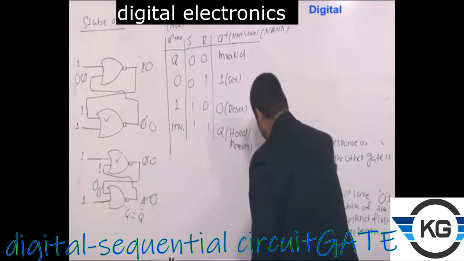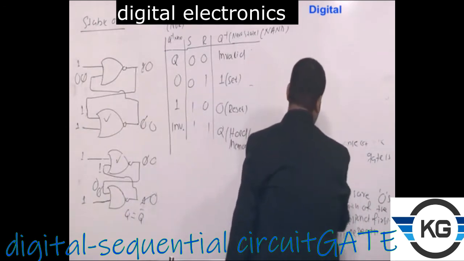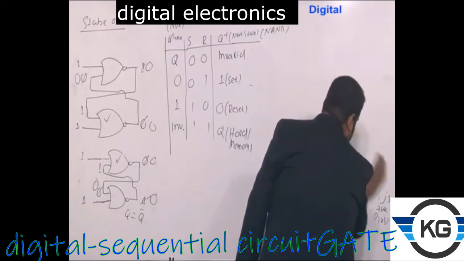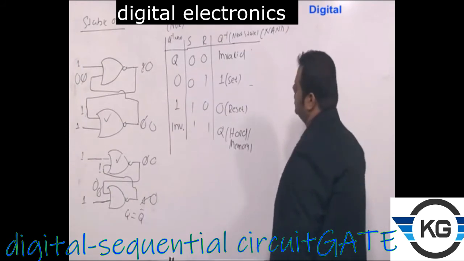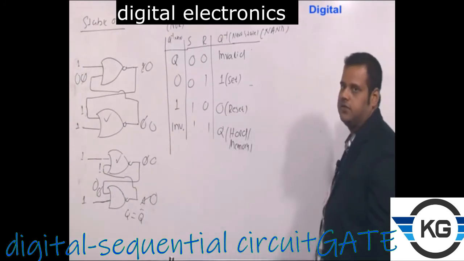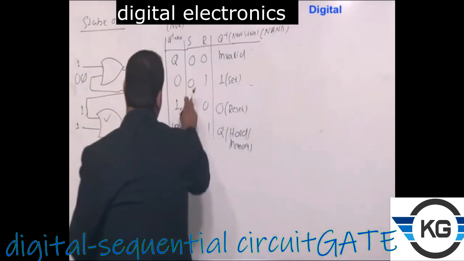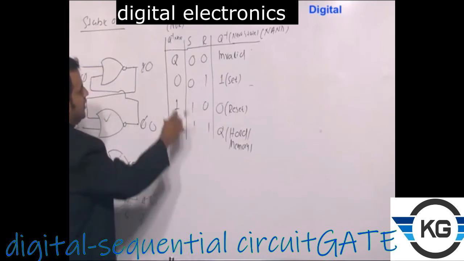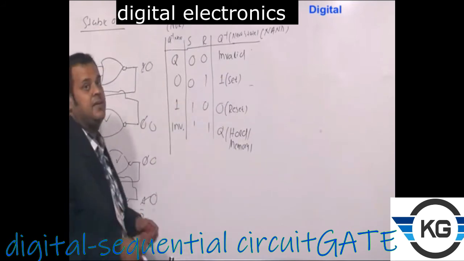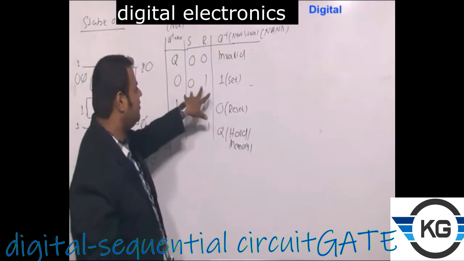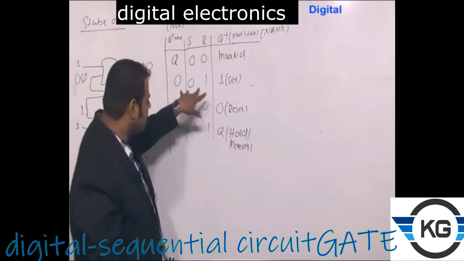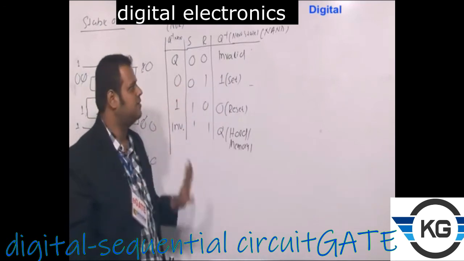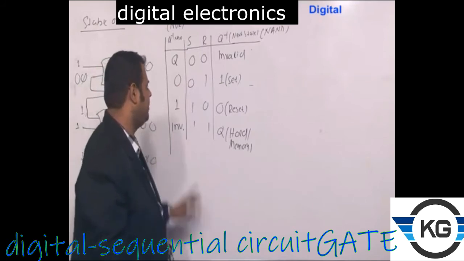If I am giving the input 0 1 to the SR latch, and asking what is the output, then it is an ambiguous question. Why is this ambiguous? Because if I compare the output column of these two, with respect to 0 1, in the NAND latch case you are getting 1, and in the NOR latch case you are getting 0. So I have to explicitly mention whether I am giving the 0 1 to a NAND latch or to a NOR latch. Unless this is clear, the question is ambiguous or incomplete, right?